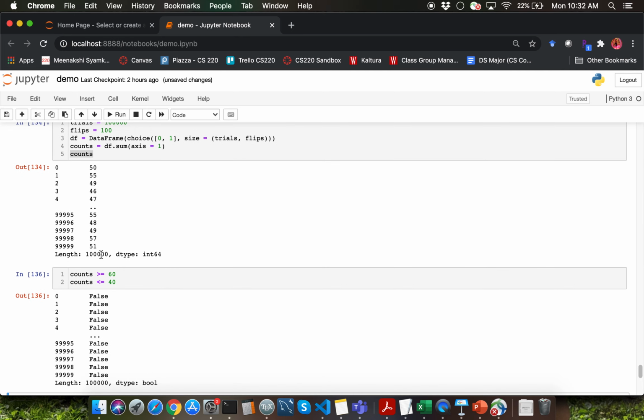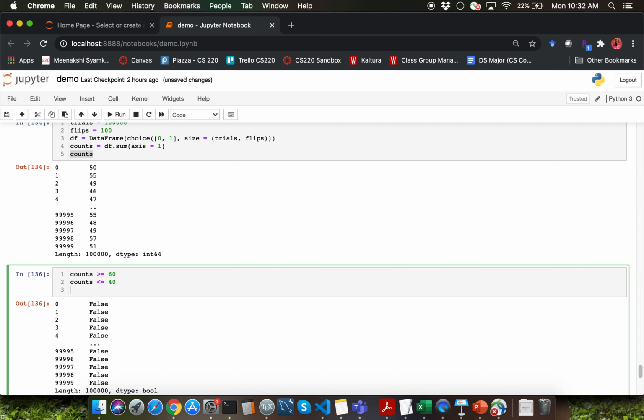What we are interested in is the part of this counts series which satisfies either of these conditions, correct? So recall that you can apply two conditions to a series by using the OR operator. You'll have to use parentheses to make sure that you're separating those two parts of the condition.